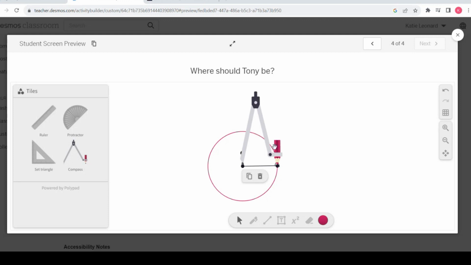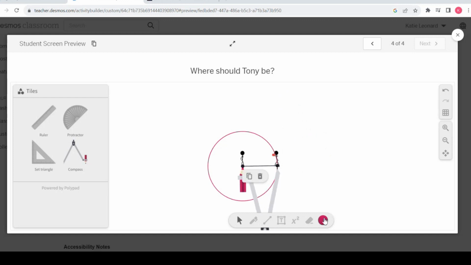To get rid of this particular compass, I'm just going to click delete, and I have the circle already inscribed there. I'm going to do another circle though. So I'm just going to click that back. And again, I have to move these pieces. But instead of them being at the center here, I'm going to make a second circle, and my second friend is going to be the center of that circle. I'm going to move this one on over,